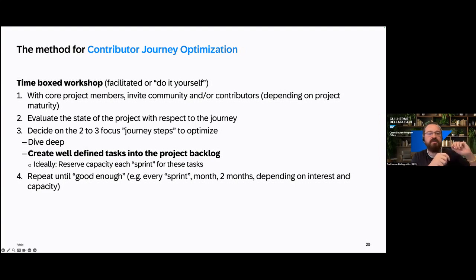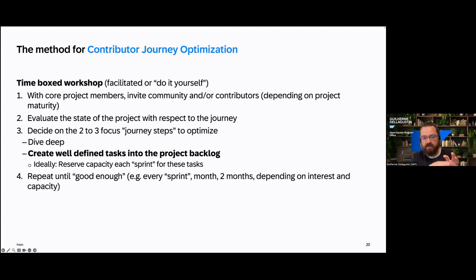And then we decide on 2 or 3 focus journey steps, meaning where we want to focus on transitioning from one stage to the other. Then you do a deep dive for each of these transitions. Based on those questions that they should ask themselves, based on the patterns that we prescribe for that particular transition, and also the content that you create for your own organization on how to facilitate that transition, they will decide and define tasks for their project that are InnerSource adoption related tasks, and they will put that in their